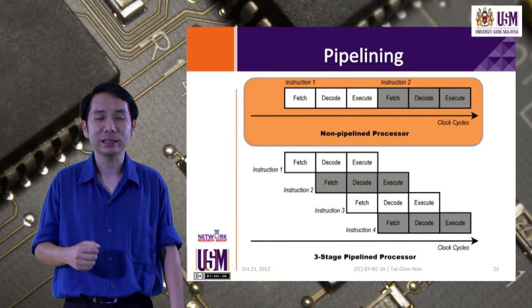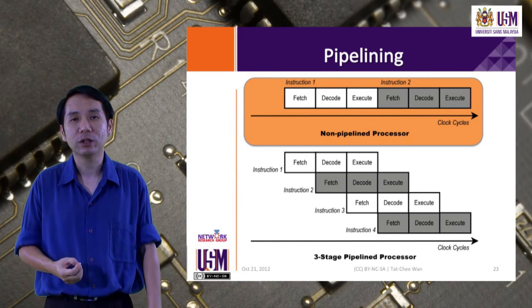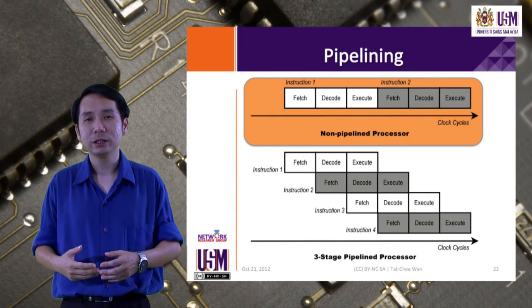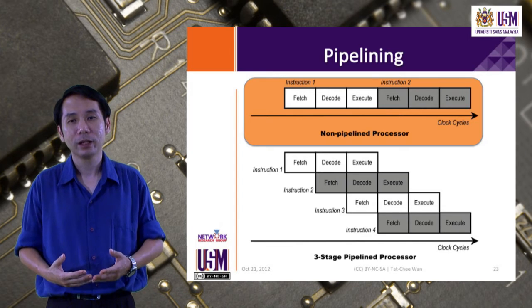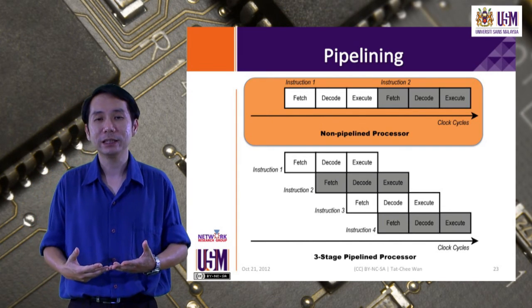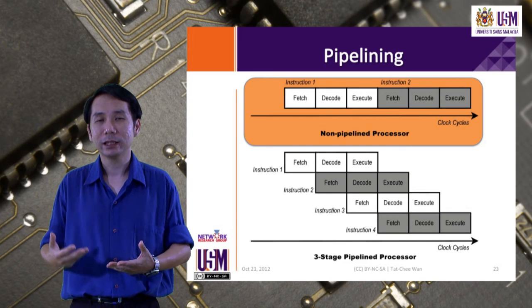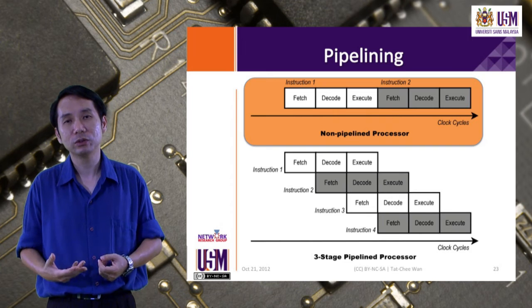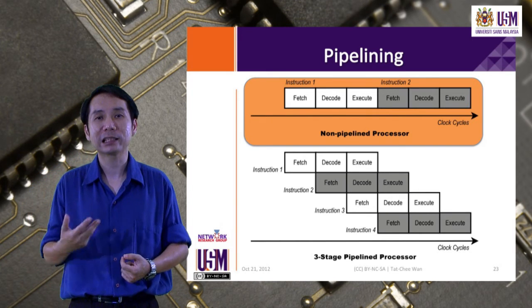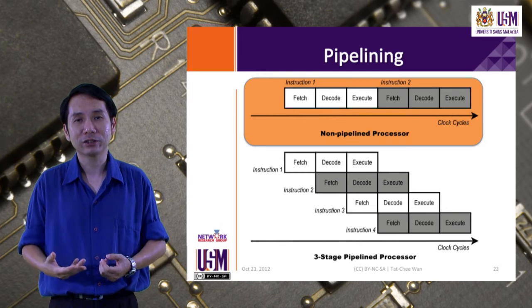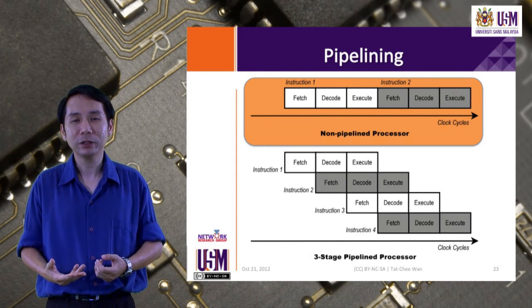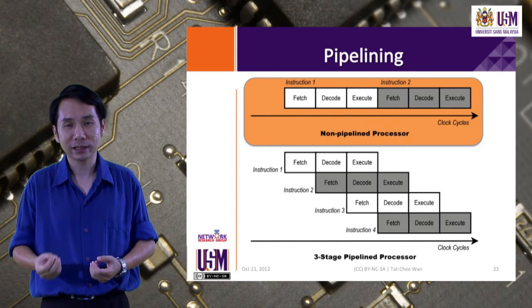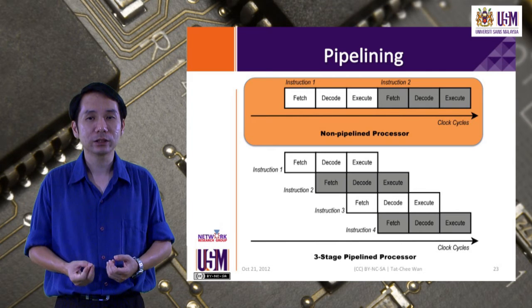We will also study something called pipelining. Pipelining involves the execution of instructions in the processor in a staggered fashion. Now in the top example here, we see that instructions are fetched from memory and then decoded to understand what the processor needs to do in response to the instruction, and finally executed to allow the instruction to take effect. Now if you consider a three-stage instruction fetch, decode and execute scheme, in 6 cycles we can only